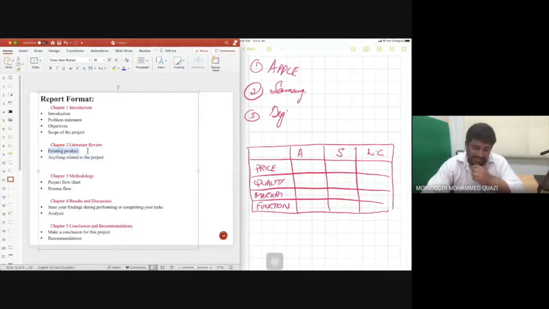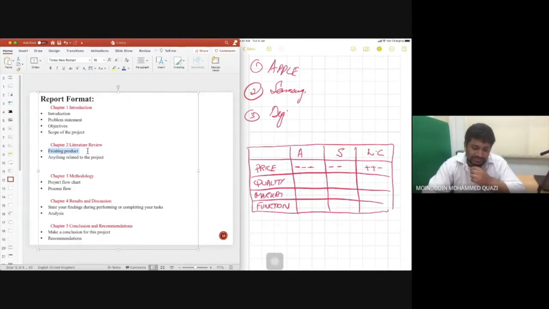So let's say Apple Pencil, the price is very high, so we are going to give a negative mark for price. Maybe very high, so we give 3 negative marks. Samsung is also expensive but not as expensive as Apple. And then the Lazada products are very cheap, so we give positive marks.